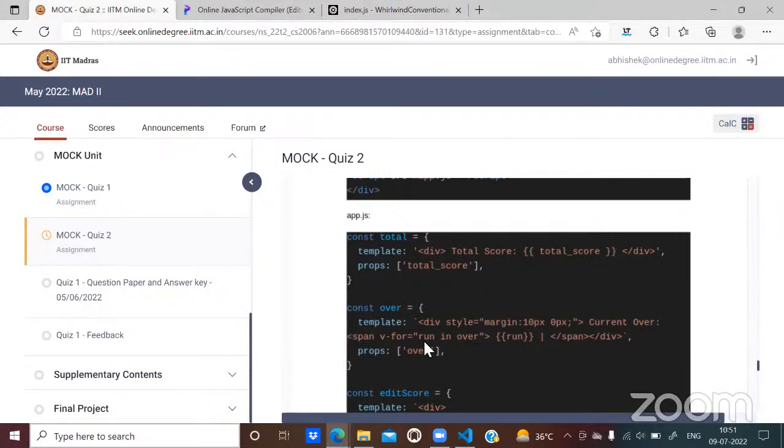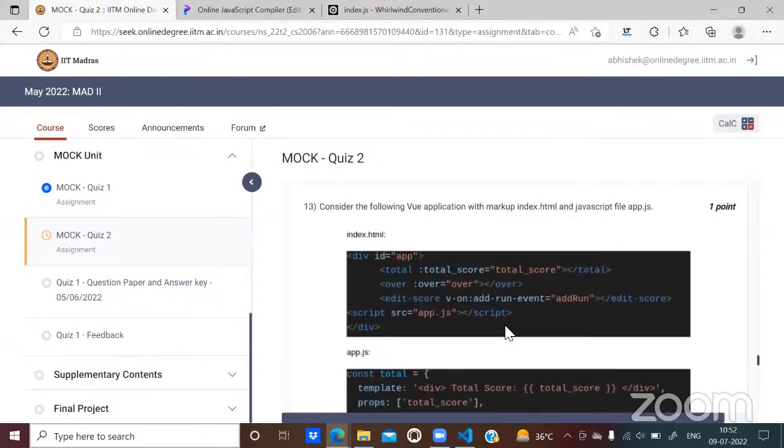No. This run is just a variable. Just like you write a loop in Python, for I in range, or for I in a list. So what is I? I is basically a variable. Okay, got it. So run is going to get the first value in the array, that is 100. If there would have been more elements in the array, it would have gotten the second element, then the third element, fourth element, and so on. But right now, run in over is referring to the const over.